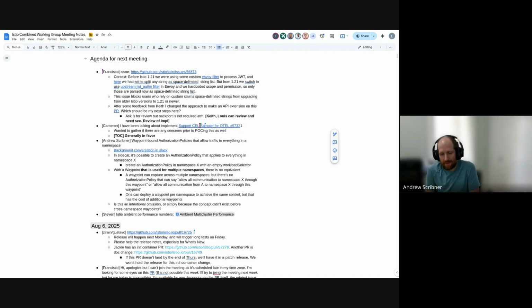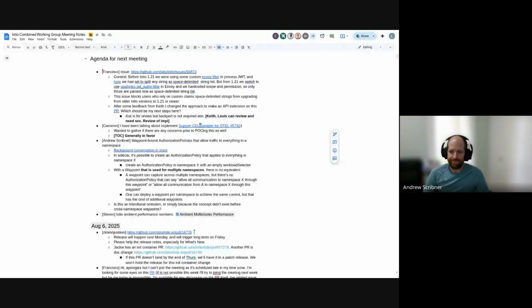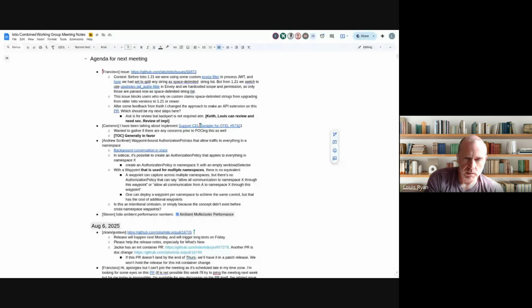And I bring it up here not to say someone should implement this right away, but more to figure out: is it just that in the past, the authorization policy would never have needed a namespace in the two, so it's never come up? Or are there design reasons why it's just omitted and it won't ever be included? There's no technical reason other than the scoping of it to multiple namespaces in this case.